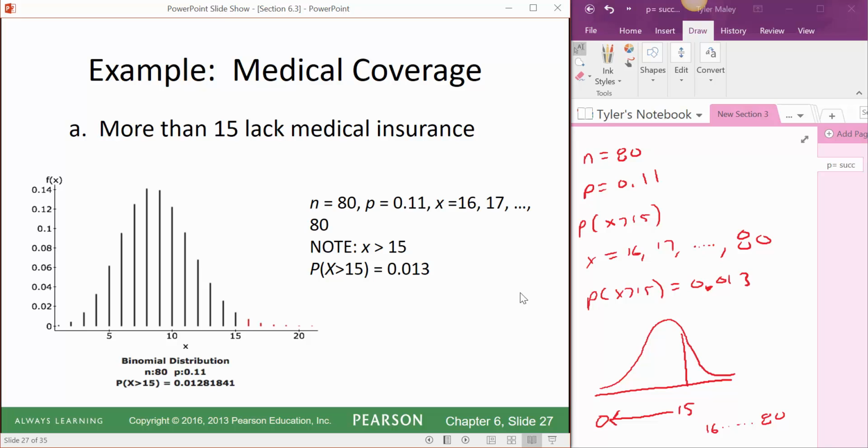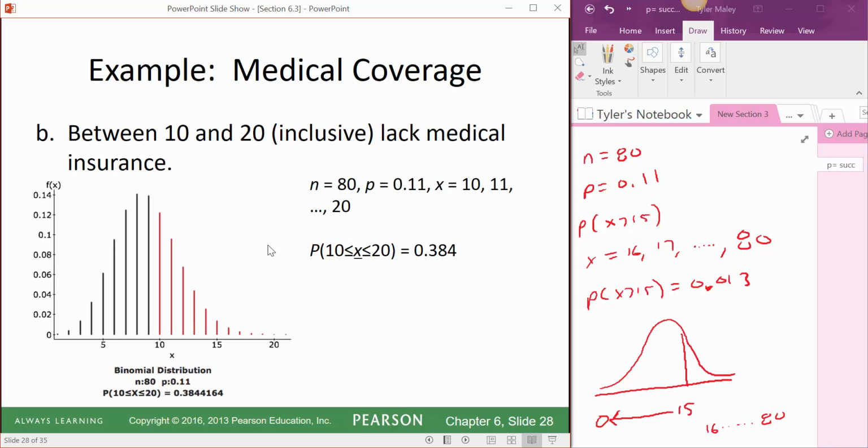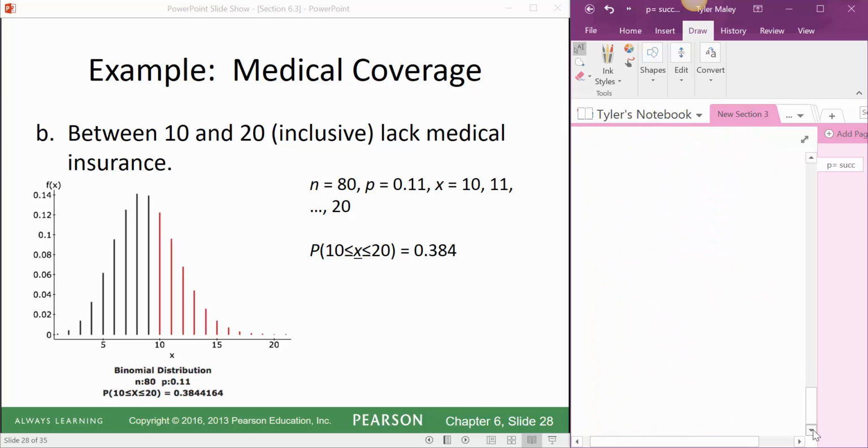Right? So you want to be comfortable. So remember, R always goes down. We want it to go up, so pay attention to how we would enter that in. If we want to go between 10 and 20, we can do something very similar in R, or you can do this in the graphing calculator, whichever you prefer. So if we want to go in between 10 and 20,